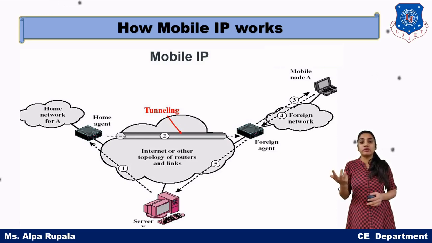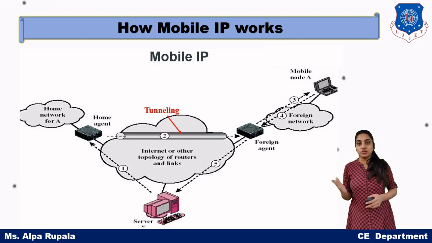So suppose someone wants to send me data, but my point of attachment is changing. The data cannot reach me because I need four particular parameters for successful transmission. So this fundamental is known as mobile IP. We can have an IP which is mobile. This is the problem, but the solution is also mobile IP.